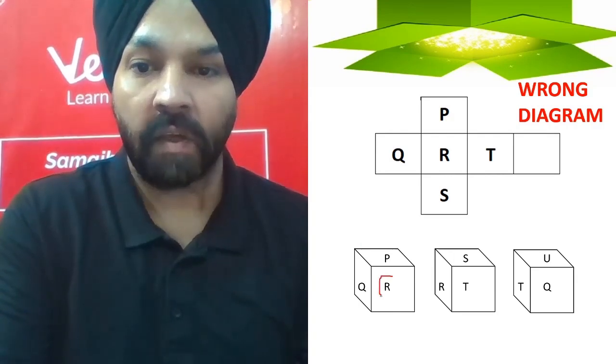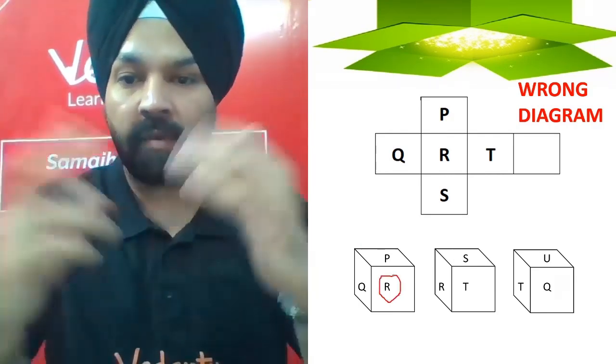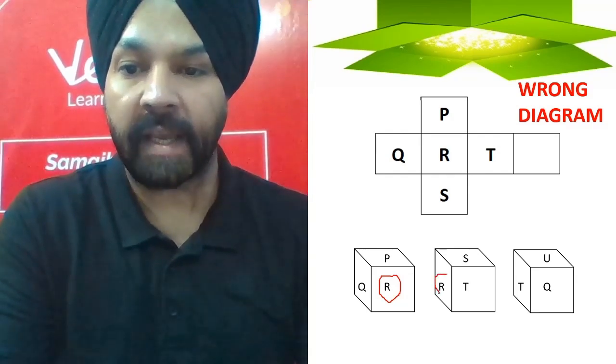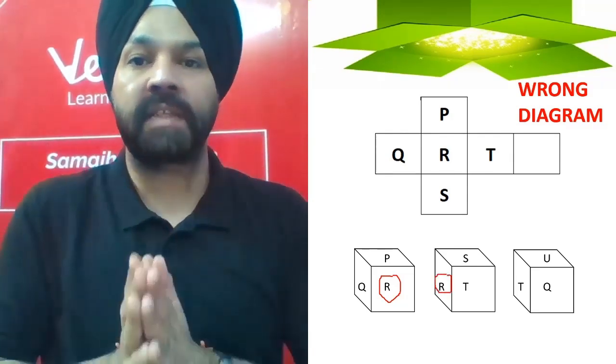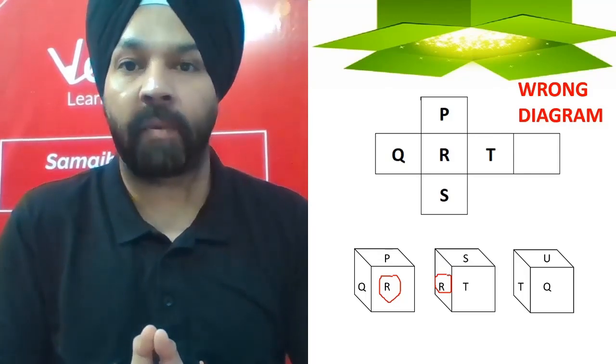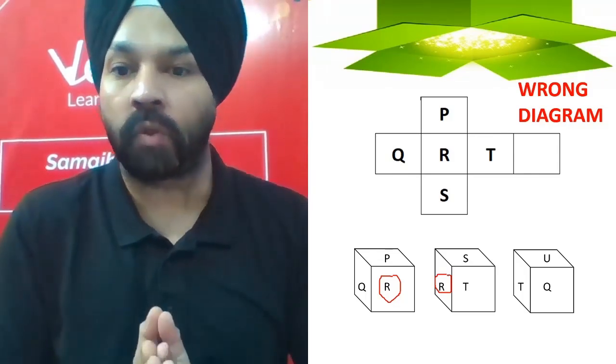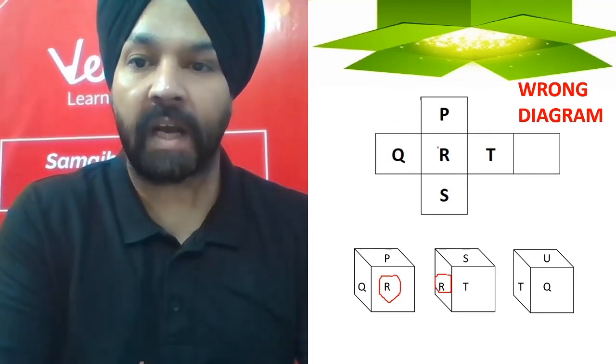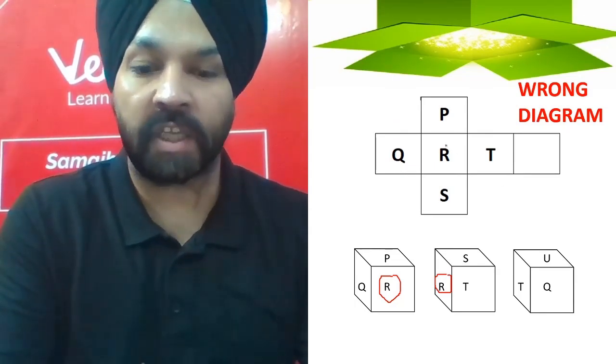There is R and it has got 2 adjacent members P and Q, and there is R, it has got 2 adjacent members S and T. So common sensically I will try to start from an alphabet whose neighbors I know. So here I know R's 4 neighbors. So what I will do is I will place R over here. That is the standard procedure.